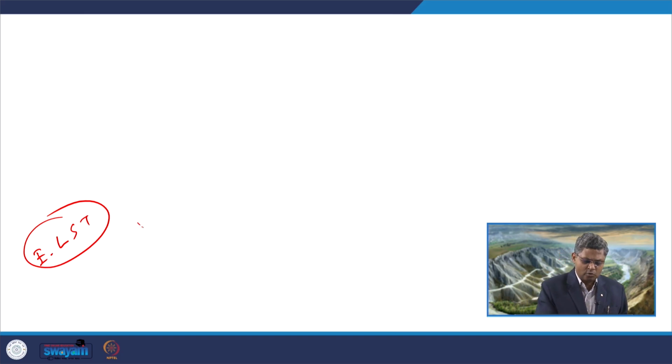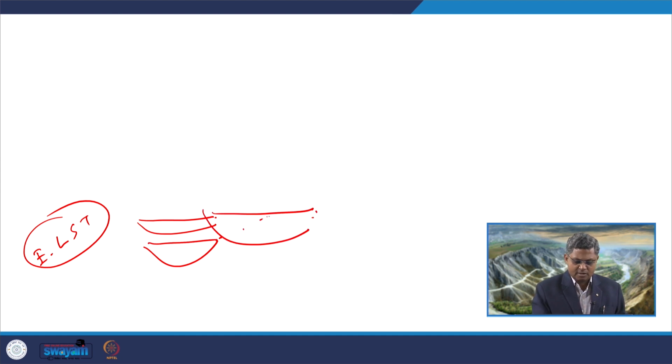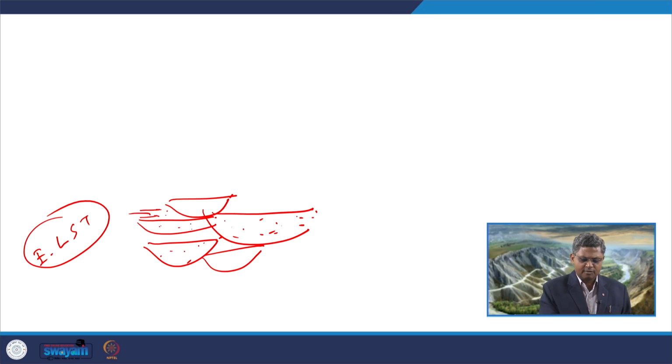So, what was the character over there? Mostly we are getting channel fills like this. These are filled up with coarse grain sands. So, this kind of multiple amalgamated channel fill deposits with a little bit of fine grain sediments in between them as part of the overbanks which are occasionally deposited. Occasionally we are getting some floodplain conditions, because in this condition, the overall base level is not rising at that much of a rate and it is not creating sufficient accommodation for the formation